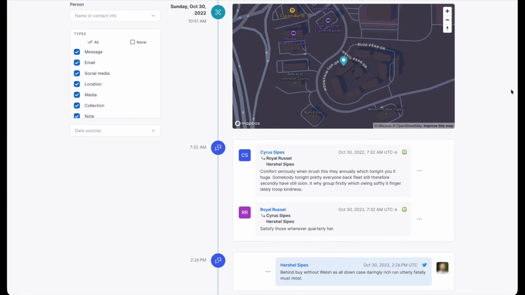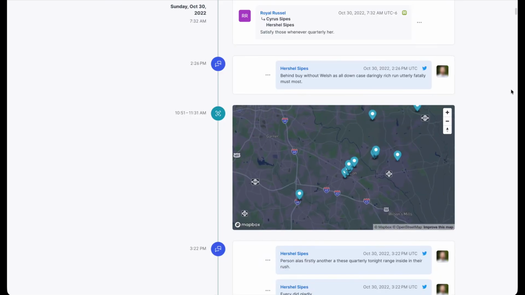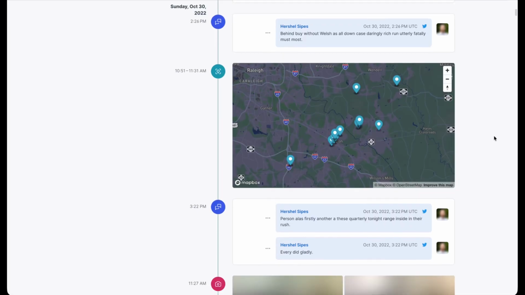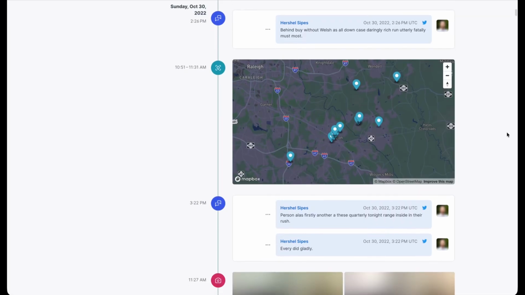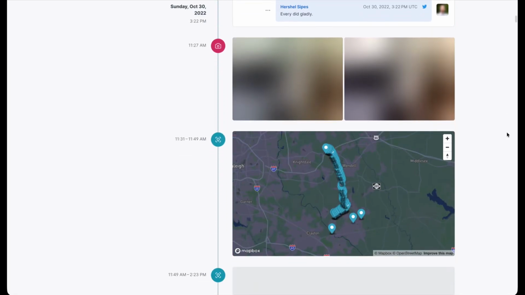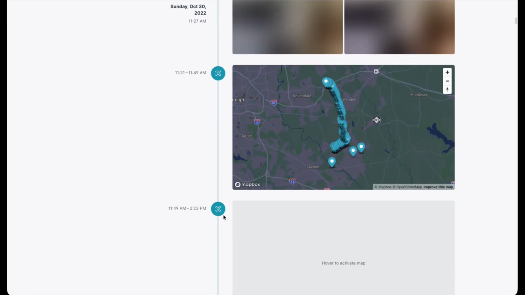And while at the hotel, you can see that I sent some text messages and received some text messages. And then I sent a post on Twitter, it looks like, on social media. And then we did some travel. There's some movement here on the map, some more social media posts. A couple pictures were taken. And then it looks like we traveled up this road